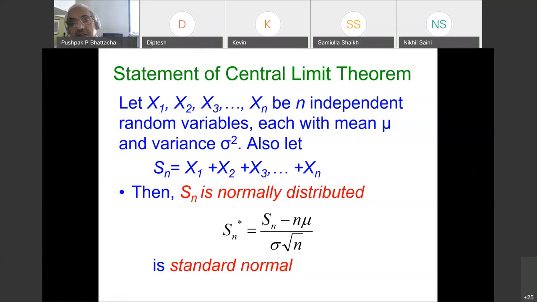So this is the statement of central limit theorem. It is saying that sums of these random variables are also normally distributed. In particular, what is of use to us is Sn minus n mu divided by sigma root n is a standard normal distribution. Okay, so that is the theorem and that needs to be proved. I hope you are understanding the crux of the theorem. The crux of the theorem is Sn minus n mu divided by sigma root n is a standard normal variable. And that needs a proof.